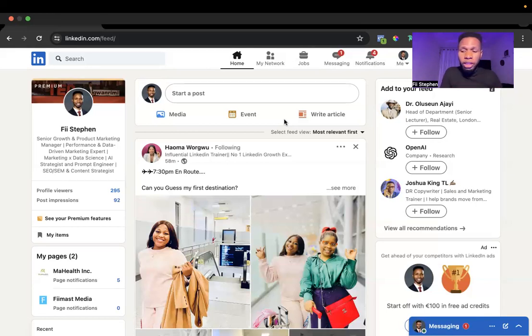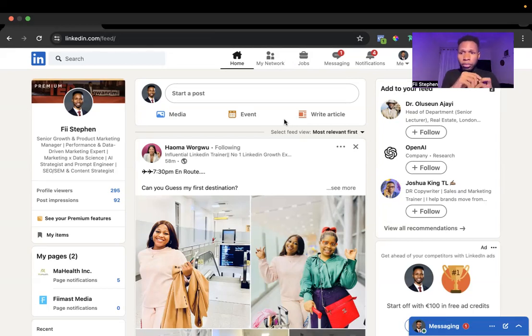The second reason why it's important is that content creation helps you to engage and to educate your potential clients. So now you have potential clients as part of your network, but it doesn't stop there. You have to engage these people. You have to educate these people. And how do you do that? You do that by the content that you put out there. That's how you go about it.